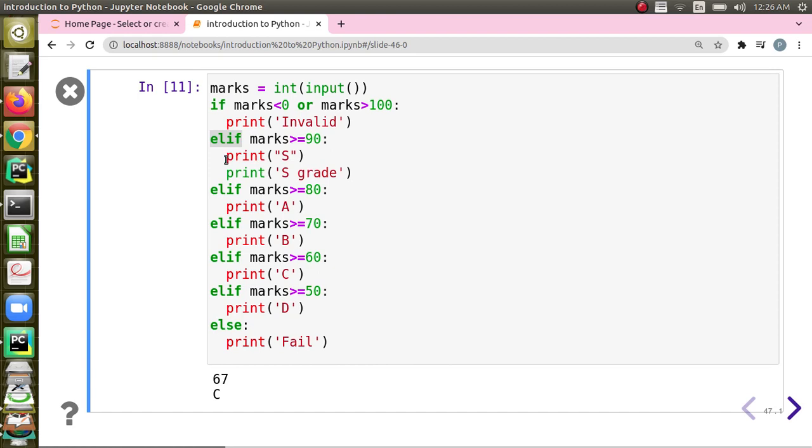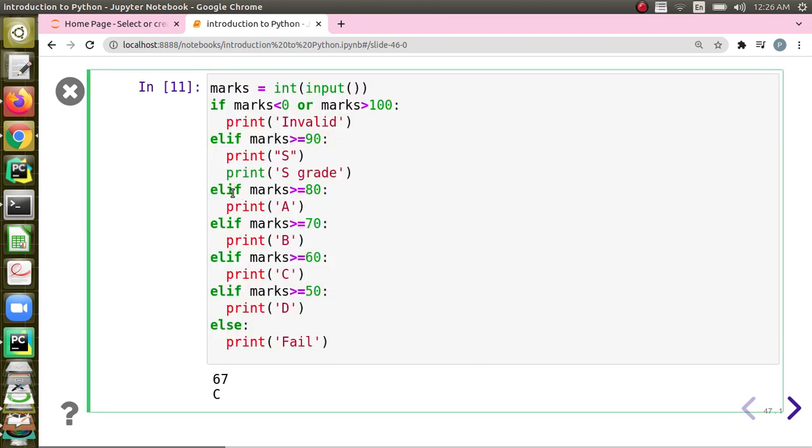And you can see that indentation is the way to say which part of the code should be executed. We do not have braces or anything like we have in other languages. In Python, a block of code is represented by indentation only. When this condition is satisfied, we have to execute this block of statements, so they are indented inwards. And you see here elif.